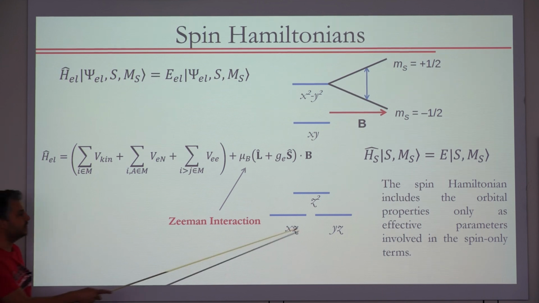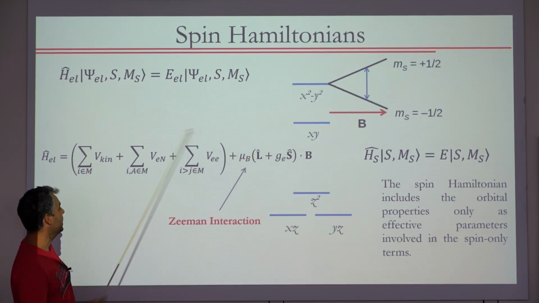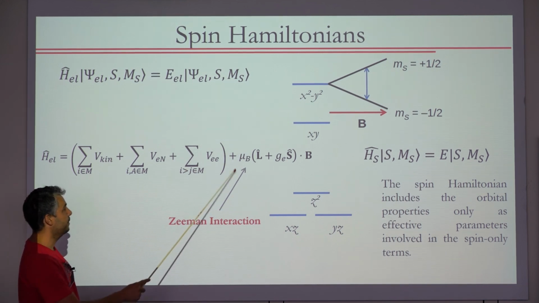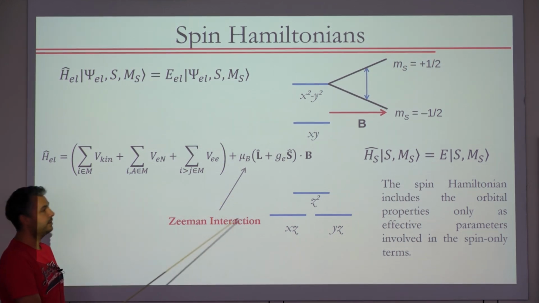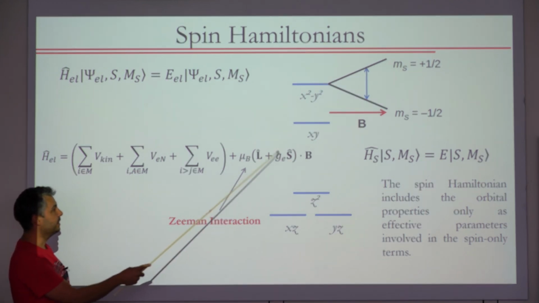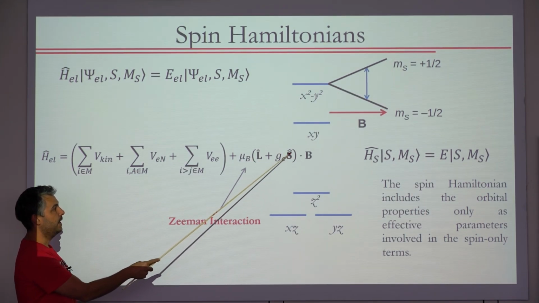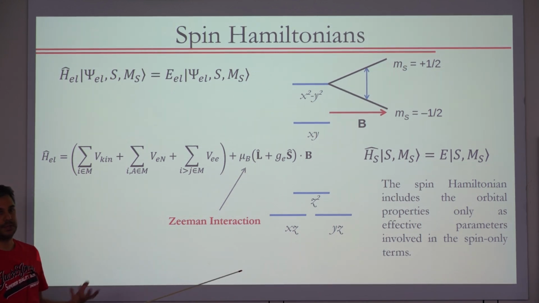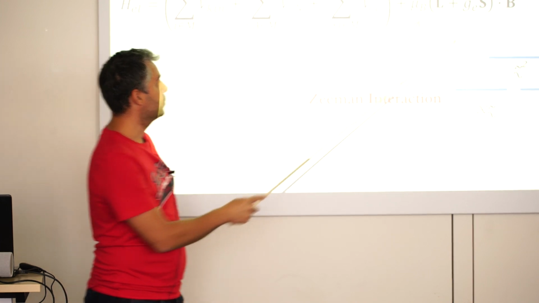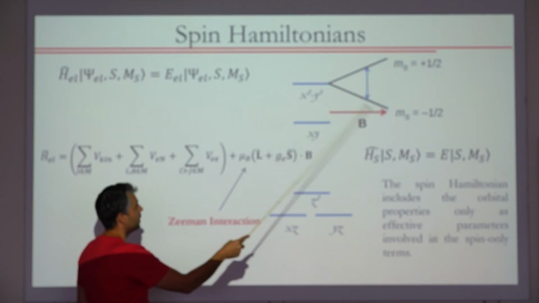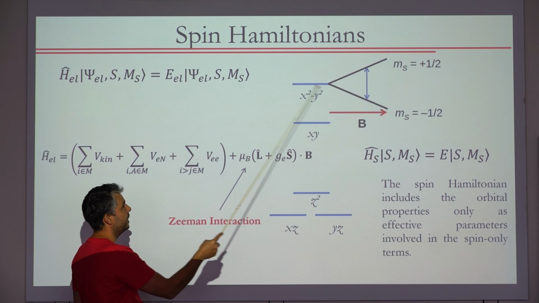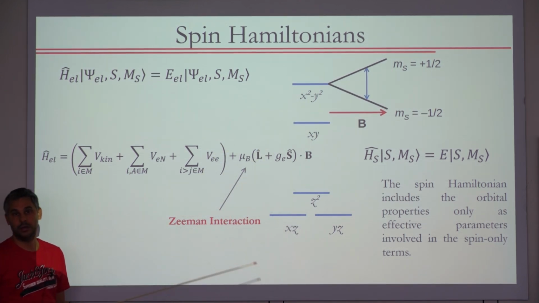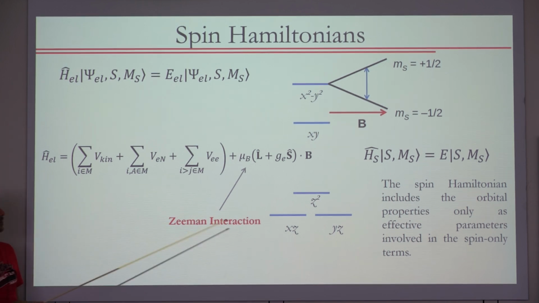So if we take, for example, this is the crystal field splitting caused by the electronic Hamiltonian, we have to add to the full electronic Hamiltonian this term that is called the Zeeman interaction, which is a magnetic field interaction with the electron spin and also with the orbital spin, because many times electrons have an orbital angular momentum also. So this causes some splitting of the energy levels of basically all states or all orbitals of the molecule or